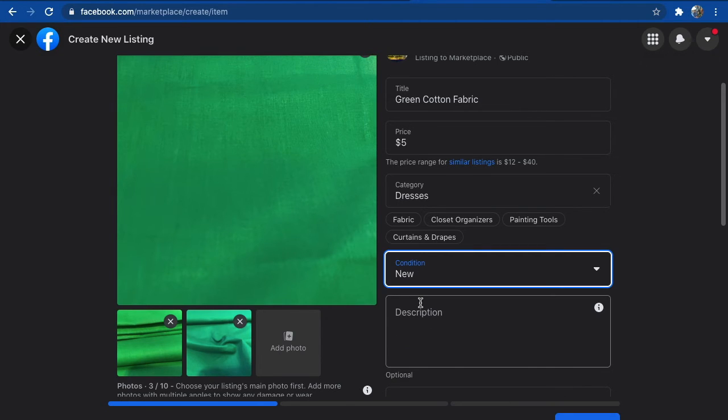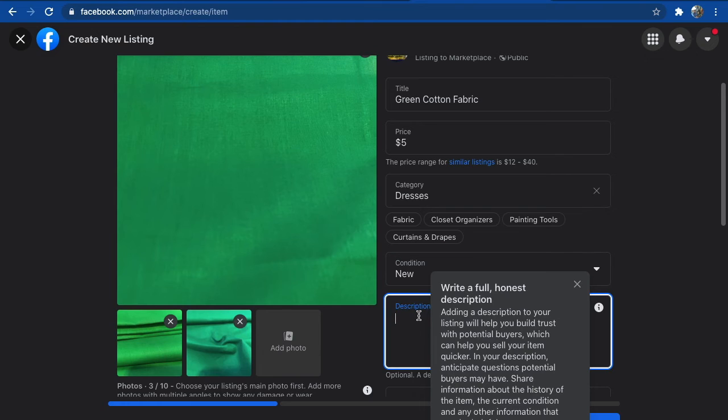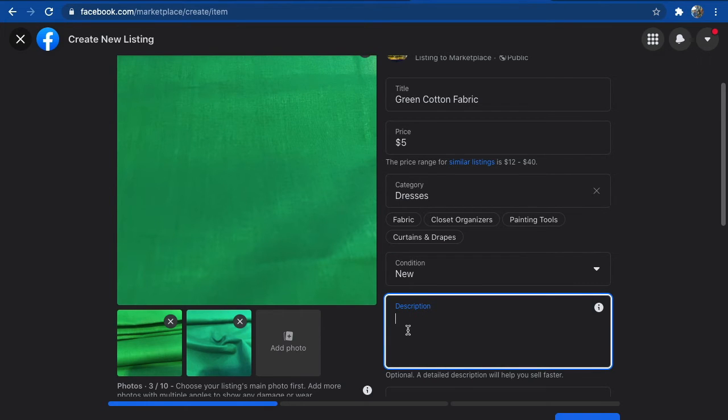Now it's a new product and you definitely have to write some details. I'm writing: 100% cotton fabric, new, and sold in yards.